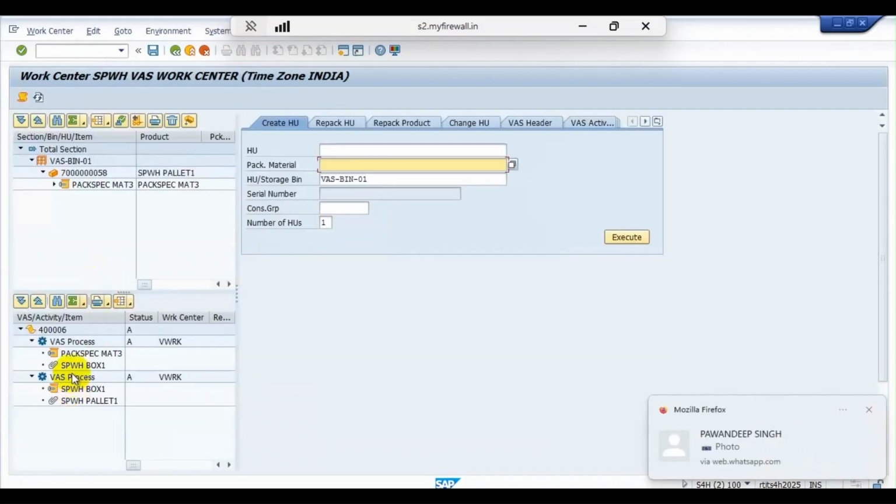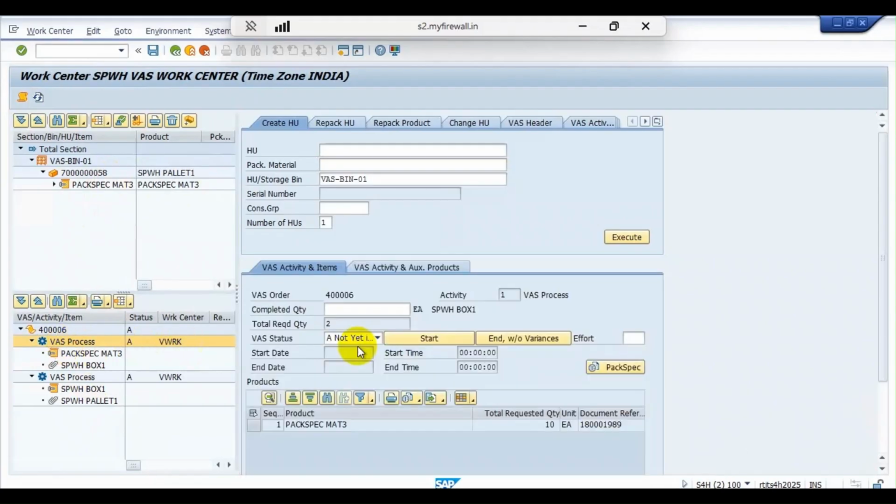Okay. No problem. So here click on VAS process. So here enter the quantity which is required. Okay. Quantity is 2. And quantity is 1. Okay. So now click on end of variance